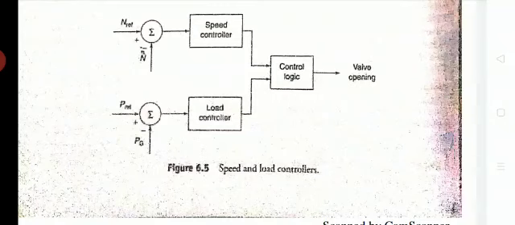So the load controller compares that reference value with the generated power. You can see Pg is the generated power, P reference is the reference power. Continuously it compares, and if the P reference value is not equal to the generated value, then it identifies there is a change in the power output. Hence, again through the control logic, that will be given to your valve for the controlling operation. So finally we are controlling the power there. By that we can control the frequency of the operation.